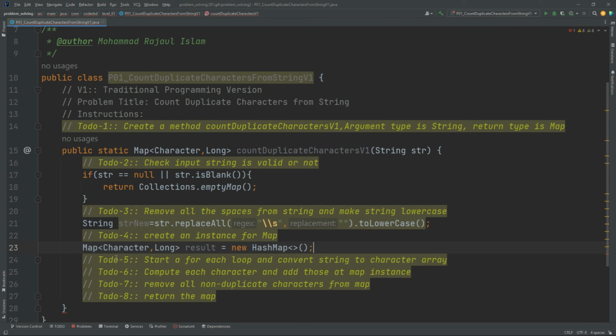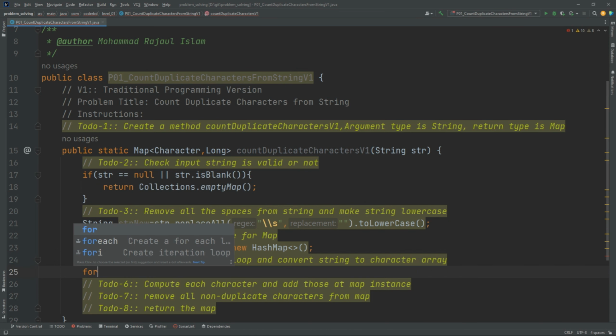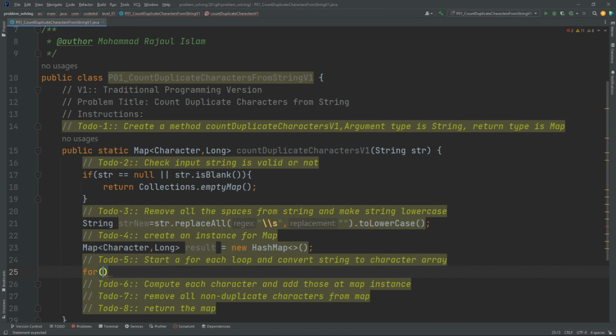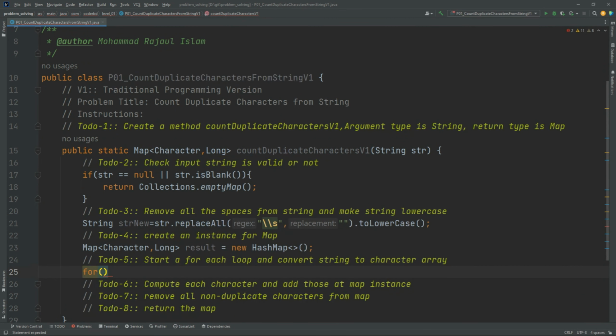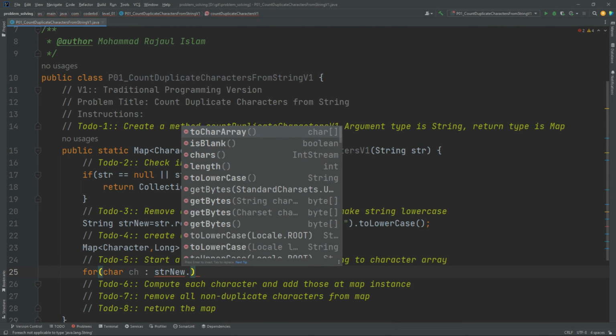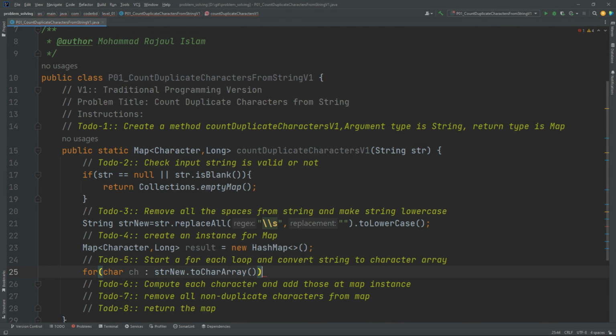Now to do 5, start a for loop and convert string to character array. So for loop, since we will convert to character array, we will get actually character. Okay, strNew.toCharArray, and